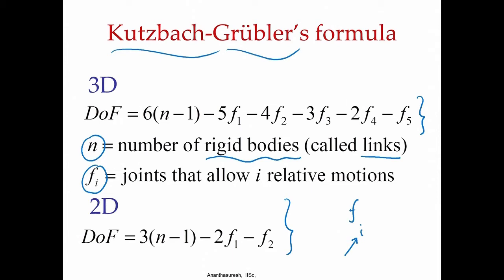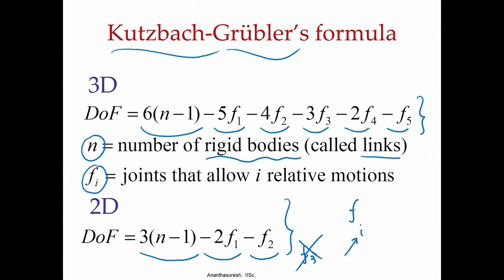So, if you have a revolute joint, that is a hinge, it allows one relative rotation. That will be called F1, and the number of such joints is what F1 will indicate. Similarly, Fi. In 2D we have the formula: 3 times (n minus 1) minus 2F1 and then minus F2. In the case of 3D we have 6 times (n minus 1) minus 5F1 minus 4F2, and so on, all these subtracted. Here F3 is absent, because if you say F3, it allows 3 degrees of